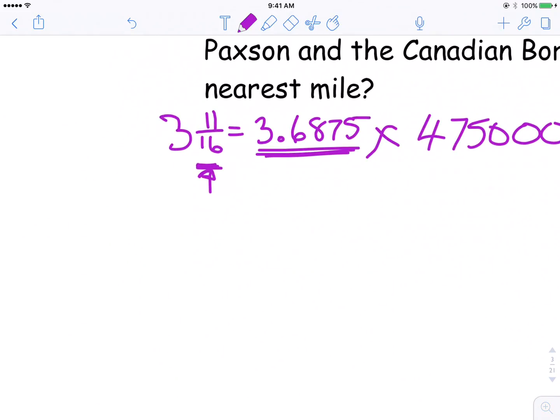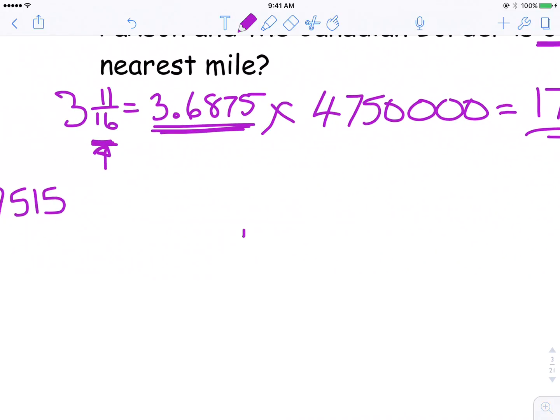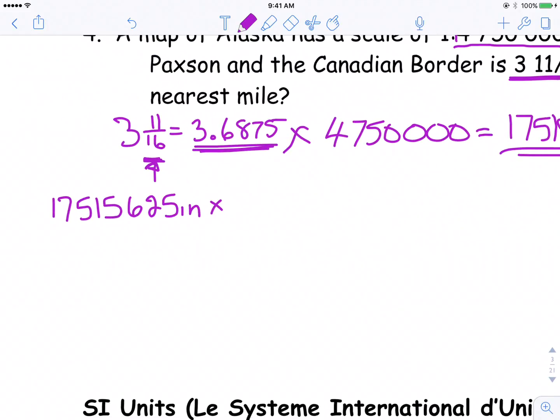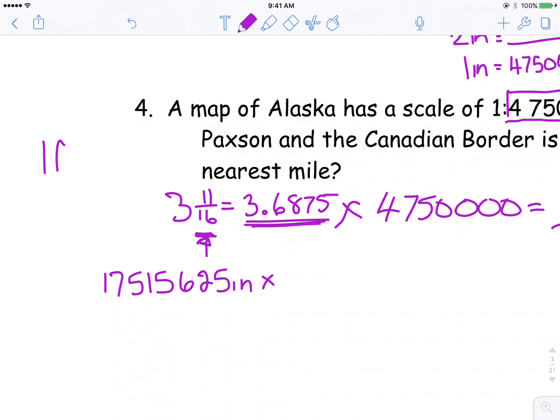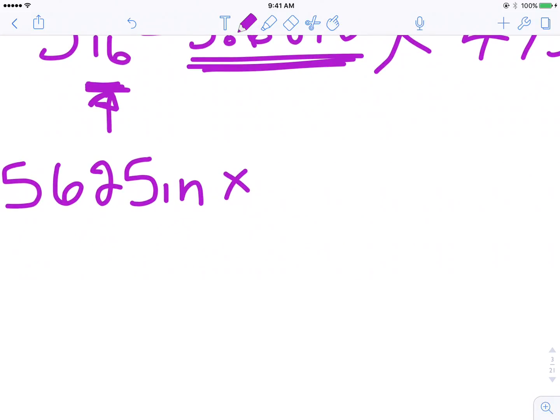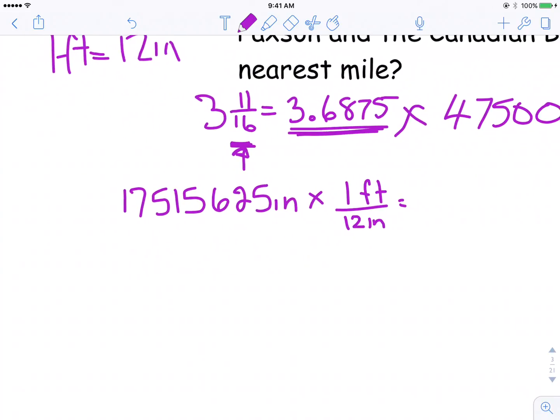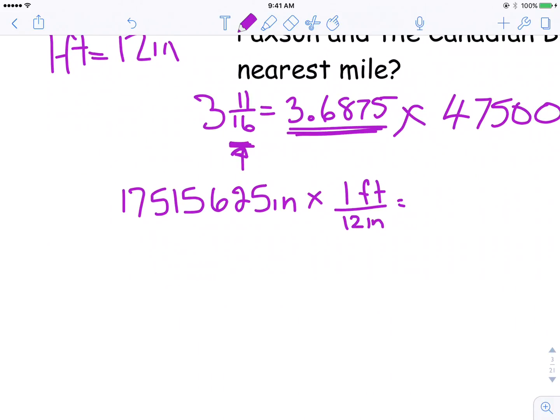So I take that 17,515,625 inches, and I multiply that by my conversion factor between inches and feet. 1 foot equals 12 inches. I want my inches on opposite parts of my fraction, so it's going to be 1 foot over 12 inches. So I essentially go 17,515,625 times 1, and then divide by 12. Inches will cancel. Gives me